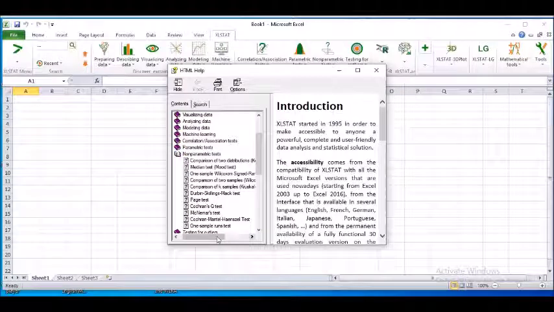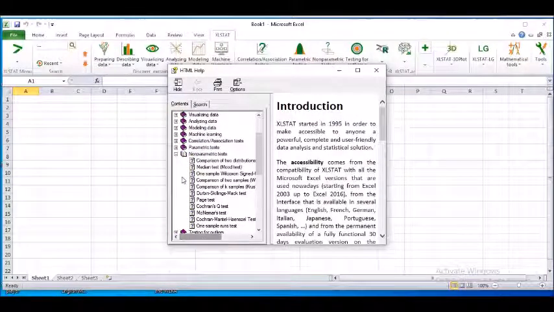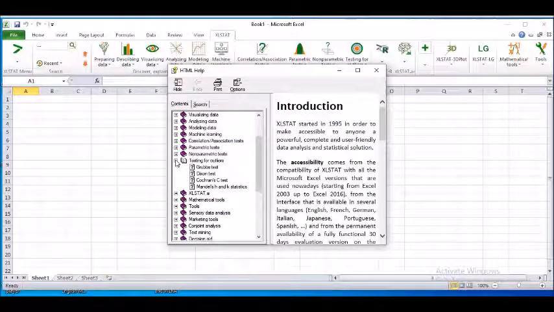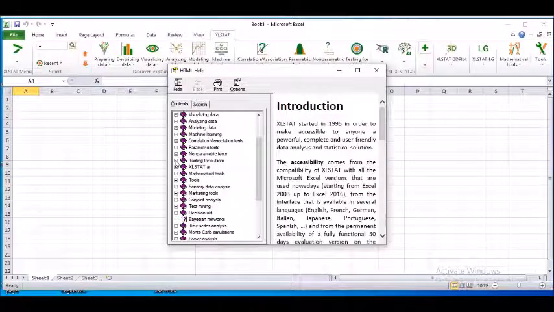Agglomerative hierarchical clusters, then Gaussian mixture models, univariate clustering. Now why is it that I have mentioned these two kinds of clusters only, and why not the other kinds of clusters? Trust me, clusters, there are so many varieties of it, and if you are at the higher level of research methodology, you will be able to understand these things very well. Similarly, you can go ahead, you can click any of these question marks in order to improve your understanding of the concepts and the theory behind it. You can go ahead and take care.